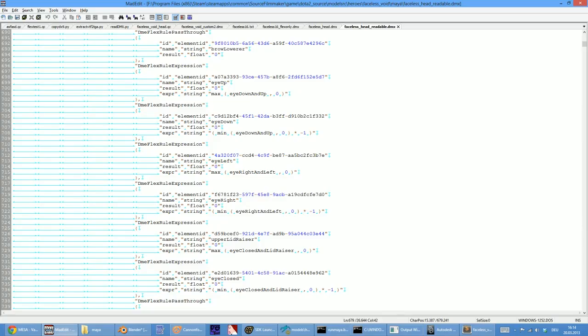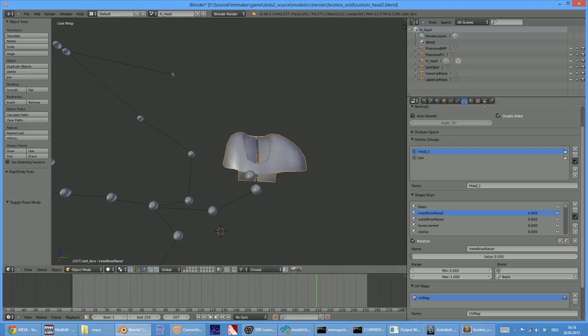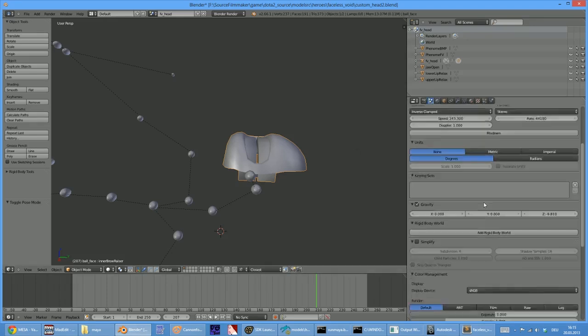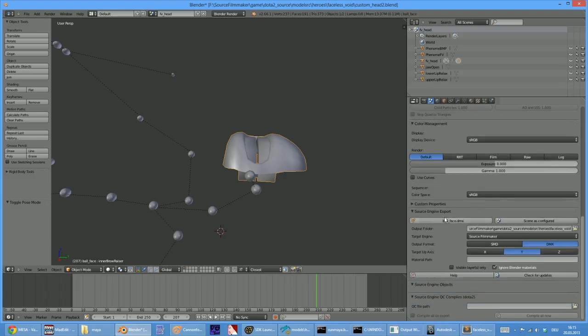And to do that, under the Scene tab of the Properties window, if you have the SMD plugin loaded, there is a section called, well,